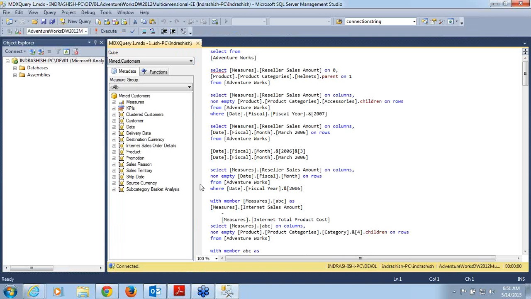Okay. Now, when you open this window, at the top, you see the databases which are there on your server. So we will run this against the Microsoft database because that is a complete solution. So you need to select this AdventureWorks DW 2012 Multidimensional, the Microsoft solution, as your database. And here in your cube,